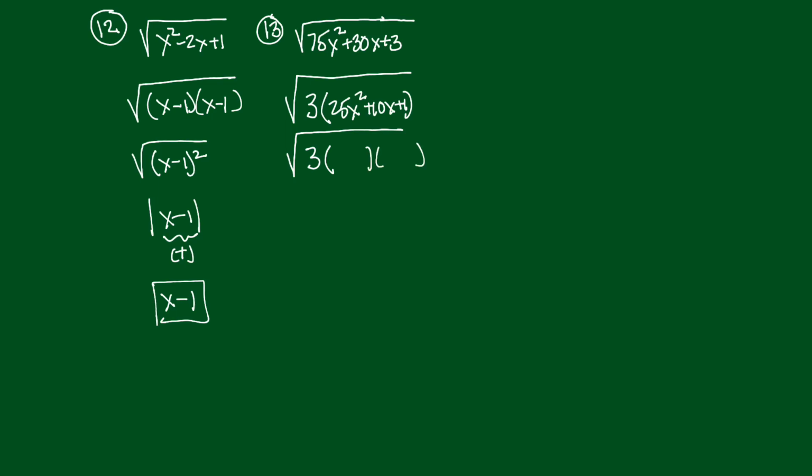How to get 25x squared? How about 5x and 5x? For the 1, I'm going to have to use a 1 and a 1. The 1 is positive, so they both have that plus sign right there. And sure enough,